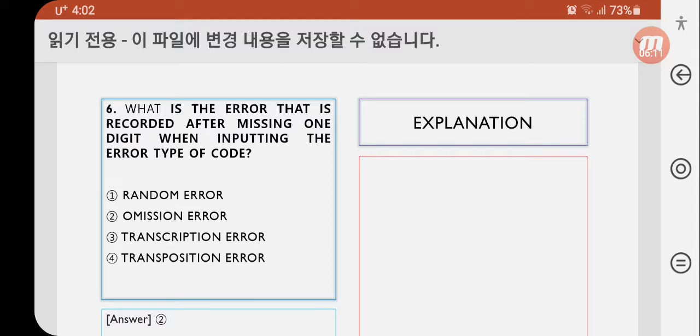What is the error that is recorded after missing one digit when inputting the error type of code? Missing one digit is the key word. Therefore, the correct answer is number 2, omission errors. If you search for the lecture materials you learned earlier,